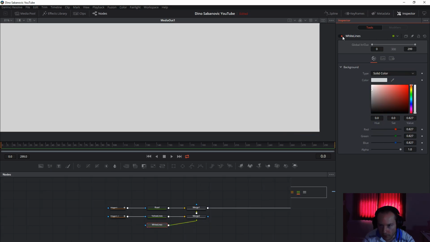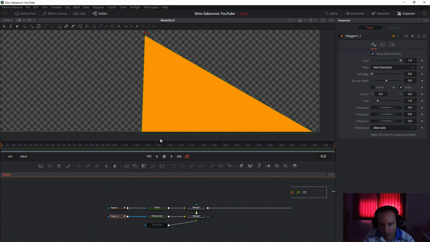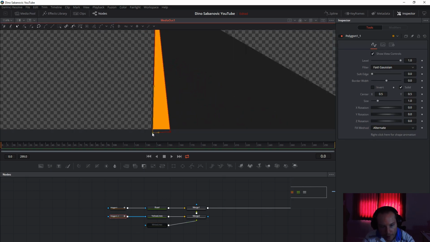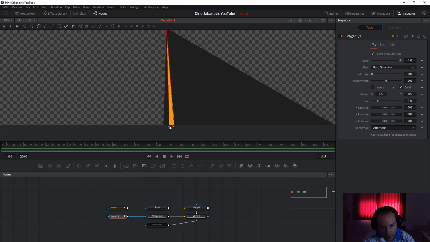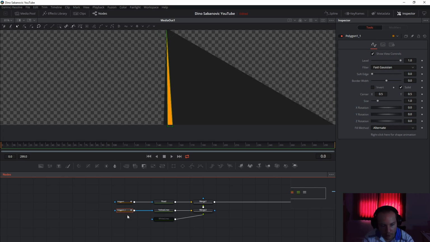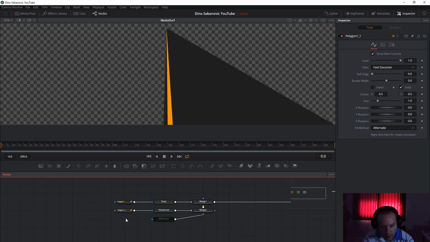White lines we will disable for a moment. Select and take the point and take them where you want. So drag like this and adjust until you are satisfied. Okay, now you select the polygon, Ctrl C, Ctrl V to copy, connect to white lines,